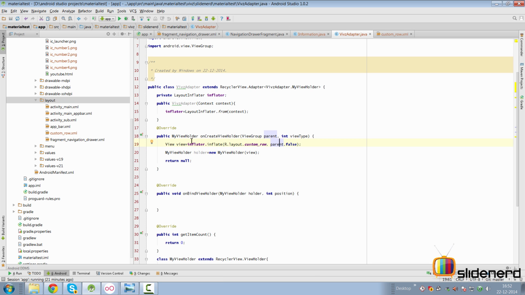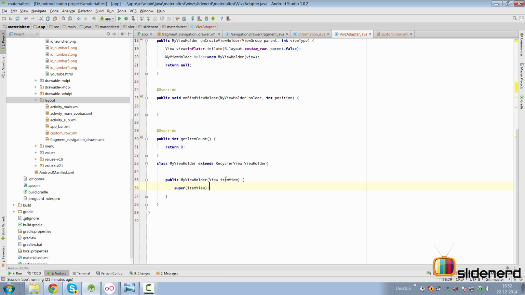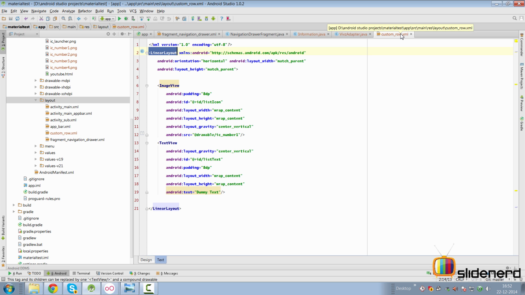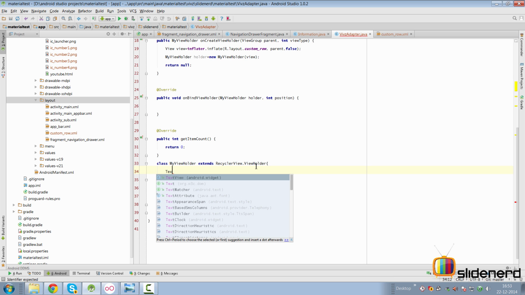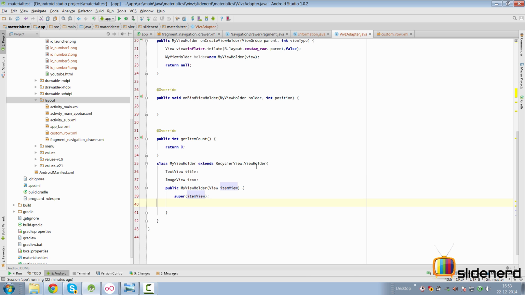Now notice how things work. First we inflate the thing and we get our root for the custom row. We pass that root here inside the view holder, and here we are going to find our text view and our image view from this custom_row.xml. So we can go here, we can have our fields over here, which is basically text view and image view in our case. So all you got to do now is go inside a constructor here, and we're going to say title equals